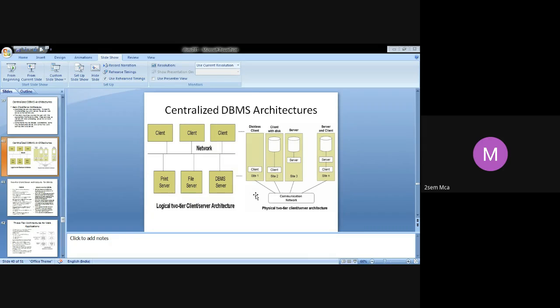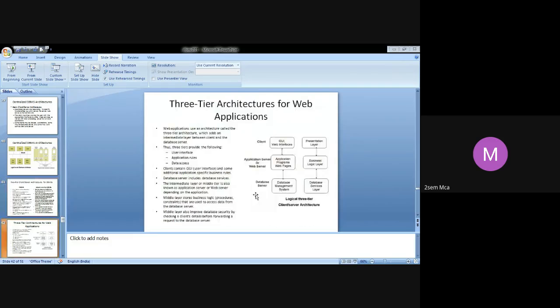These concepts are all very general. Next, we were only into this 2-tier client-server architecture. We could also go ahead and have a 3-tier architecture.